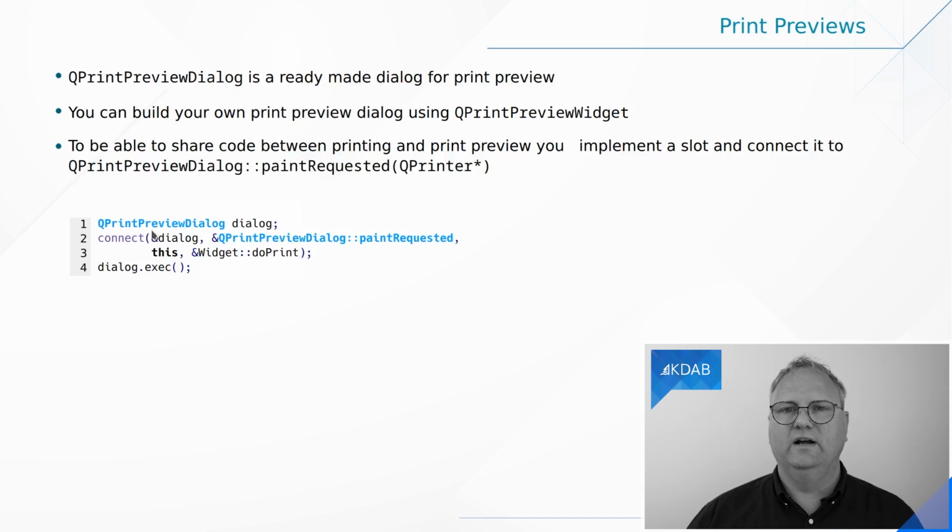Because the print preview dialog will need to show you a preview: if you use this kind of paper size, then you can see this much on each of the pieces of paper. And your paintRequested is emitted every time you change one of these things, goes into the doPrint, and the class prints the 200th version of your document, but with some different settings set up for it. And that's why we have this very unusual way of using signals and slots.